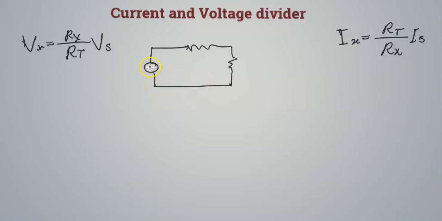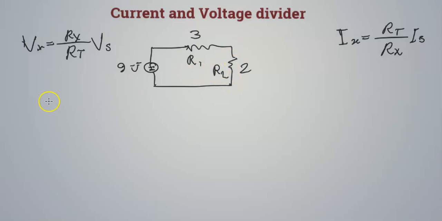In this video, I'm drawing a simple circuit. Maybe in the next video or two, I'll use a more complicated circuit and see how we can use this equation. So let's say we have a value of 3, and let's say this is a 2, and this is R1, this is R2, and let's say the voltage is 9 volt. And if we want to find the voltage across this resistor,